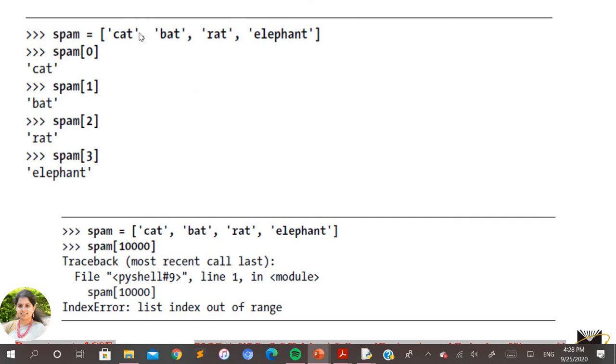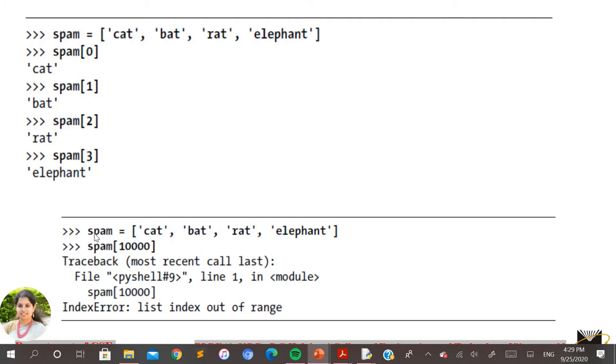So here, again the same way I told you how you can access every individual element from the list. spam of 0 represents cat, spam of 1 bat, spam of 2 rat, and similarly the last element elephant. So here is one more example you can check out. What happens if you refer to an index value for which the element doesn't exist in the list?